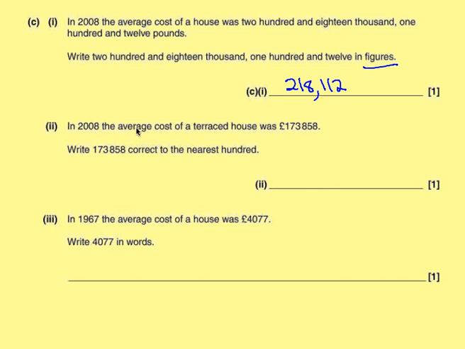C part 2. In 2008, the average cost of a terraced house was £173,858. Write 173,858 correct to the nearest 100. Well, the nearest 100 is the 8 digit because that's units, tens, hundreds is the 8 in the column. So to the nearest 100 it's either going to be 173,800 or 173,900. Now because it's 858, 58 is above 50, so this is the correct one, not that one, round up to